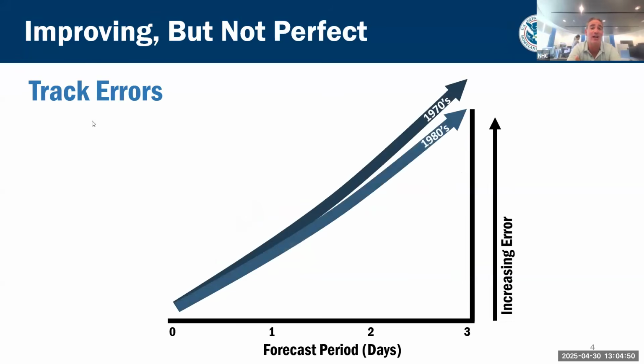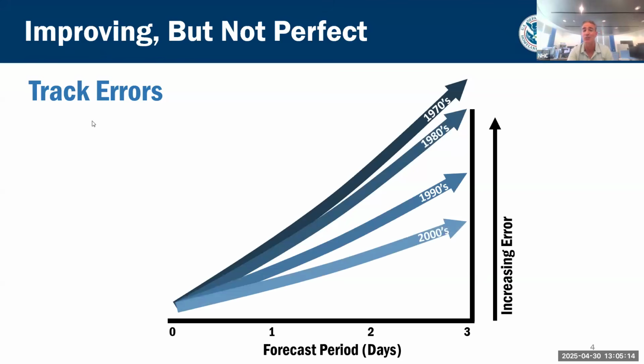We've been making track forecasts at the Hurricane Center for a long time, going back actually to the 1950s. But this stat starts in the 1970s, and there's no numbers here, but we just want to give you a sense that the track errors have been going down over the decades, meaning the forecasts have been getting more and more accurate. In the 1970s, you could see where the errors were. They dropped a little bit in the 80s.